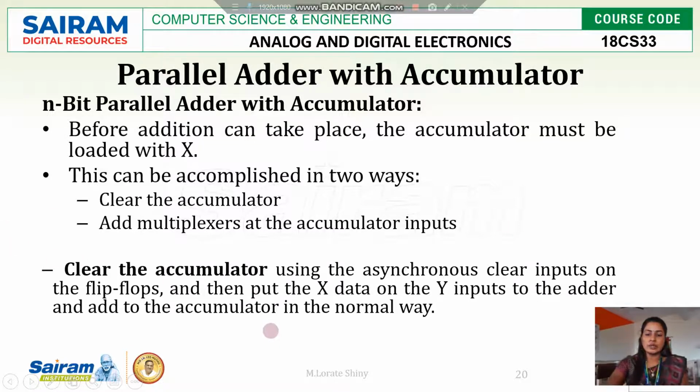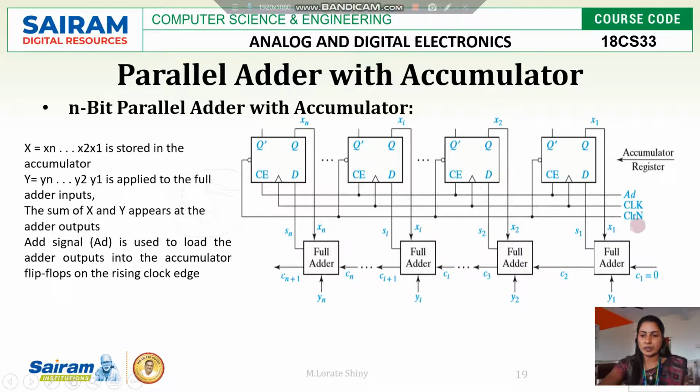If you want to load new data, the previous data should be cleared. For that we have a clear input here. When you activate this clear input, all the D flip-flop outputs will become 0.